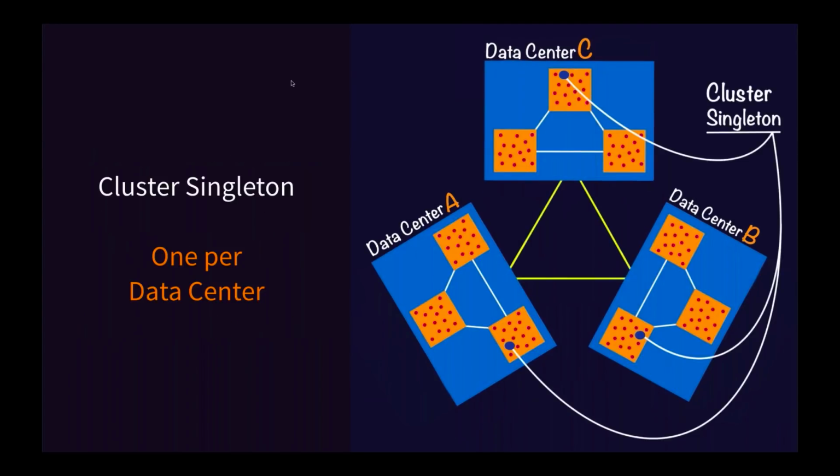So this has an impact on things like cluster singletons. And this probably isn't going to be a surprise based on what I've been saying so far, in that there's really no change to cluster singletons. You have cluster singletons, but it's not a cluster singleton for all data centers. It's a cluster singleton per data center. This hopefully will hammer home the point that we have these individual clusters running within a data center, but they have a level of independence from each other. In this diagram, I'm showing 3 data centers. Each of these data centers independently can have its own cluster singleton. They have no relationship with each other.